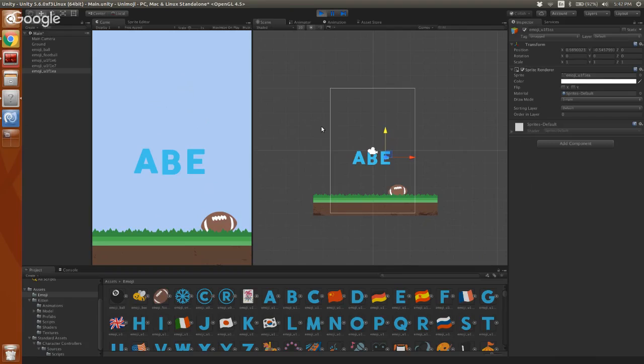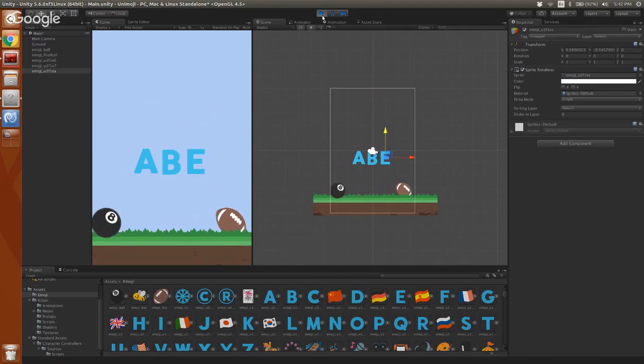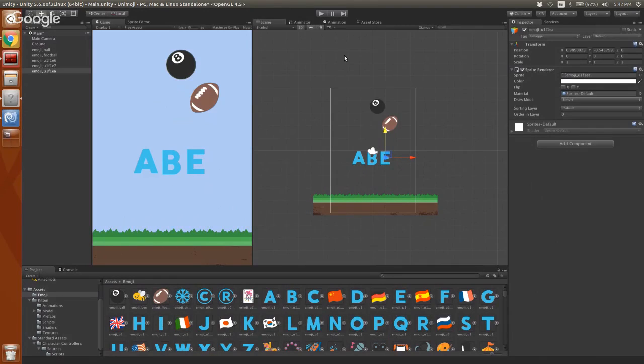You wouldn't even want colliders on them, because you want what's happening behind it to be the actual physics environment. These words have nothing to do with it. So I can make it small and put it in a corner. 0.2, 0.2. Okay, perfect. Now it says Abe up in the corner.